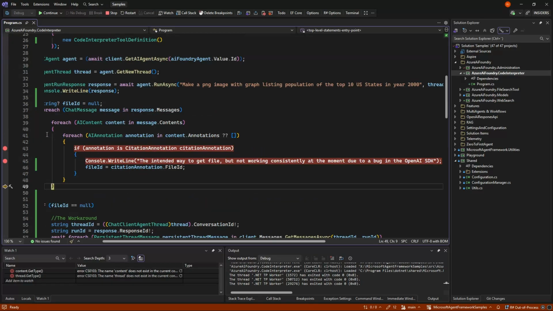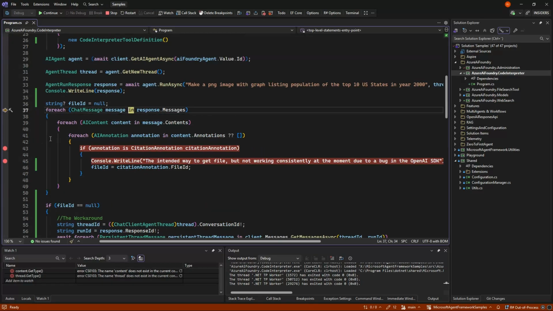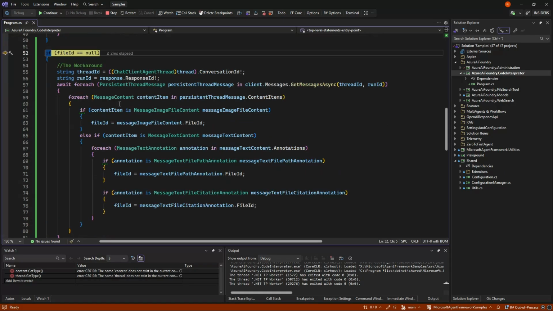If it doesn't work, we can do a workaround in that we can get our thread ID and run ID and get the messages directly from the persistent agent client. And then we can go down and find the content of those messages. Sometimes that content is a message image file content where we can get the file ID.